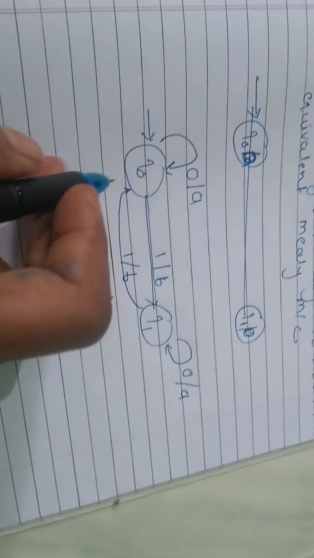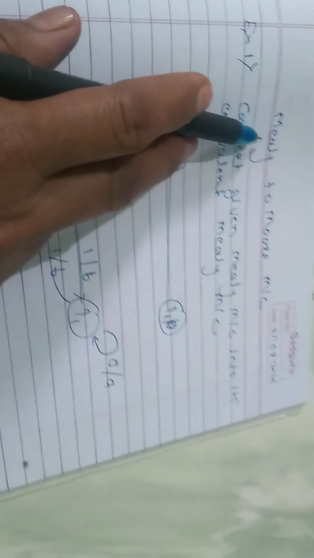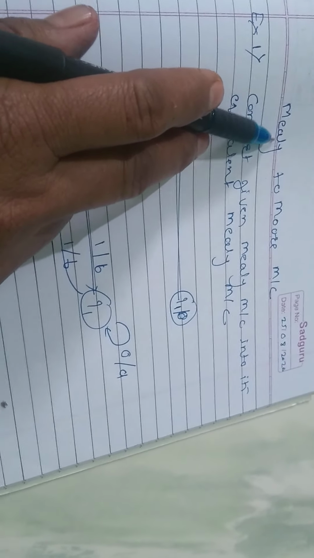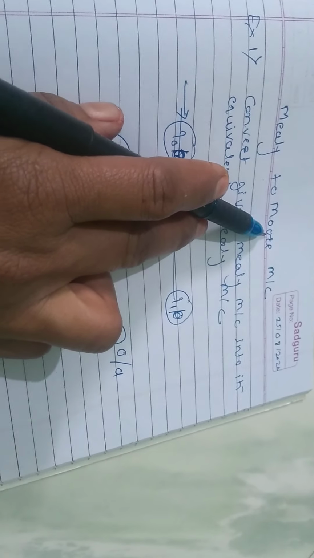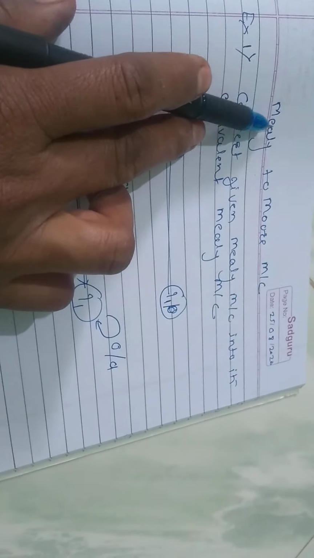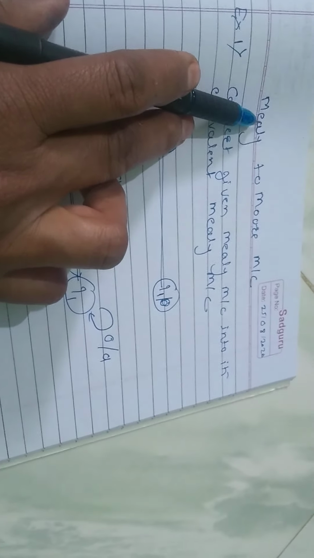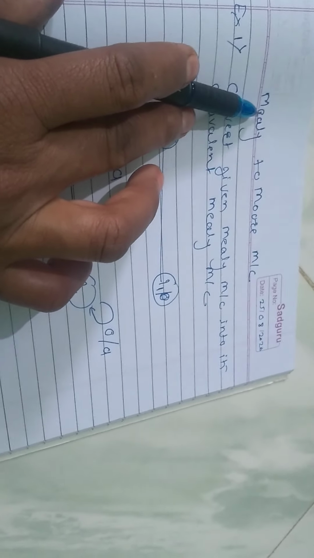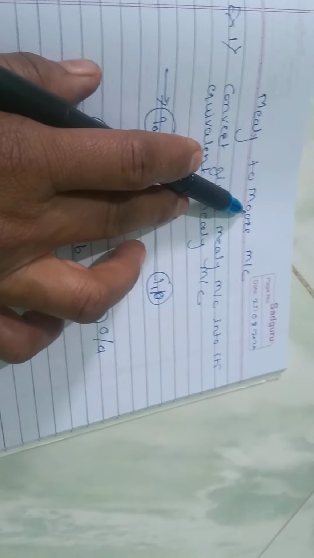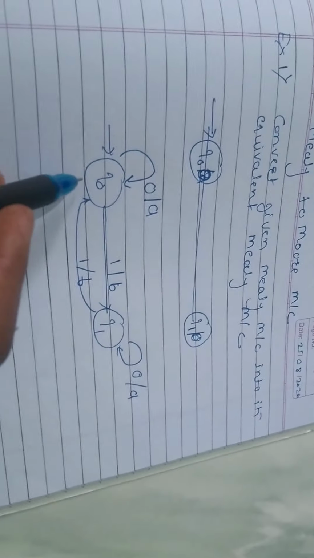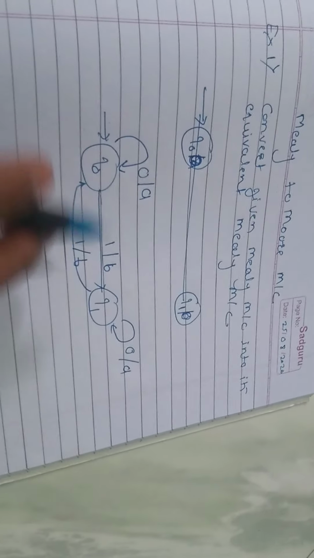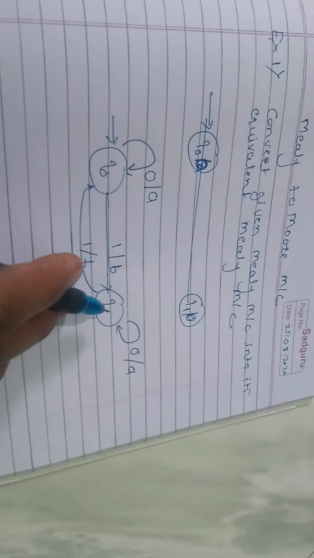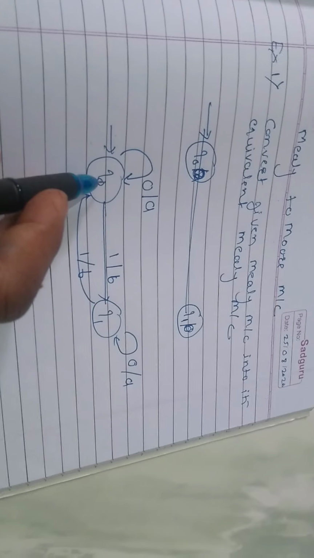Now here we know that in a Mealy machine the output mapping function is associated with the transition, whereas in a Moore machine the output mapping function is associated with a state. So we have to consider all the transitions one by one and convert the output symbol of those transitions over to the states. In the conversion the number of states may be equal or may vary. Then how to convert this one?